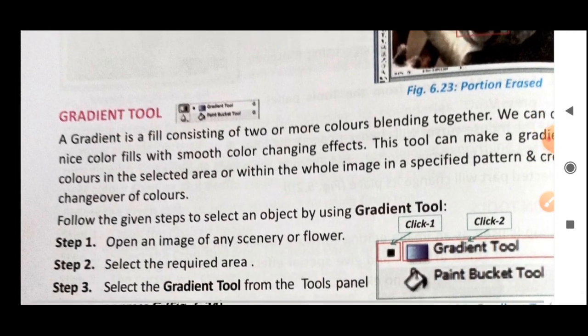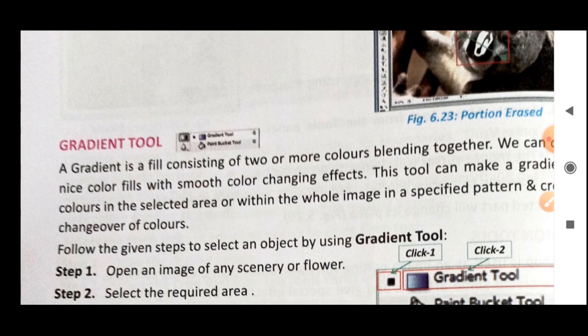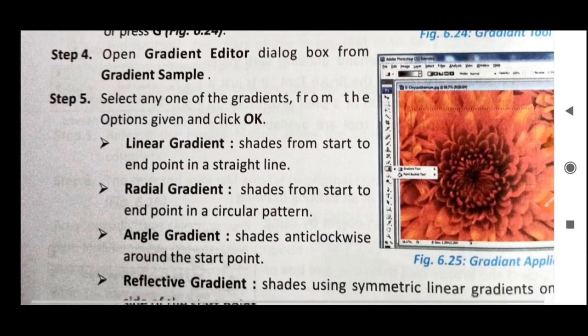Now the gradient tool. Sometimes it happens that more than one type of effect is available in the image. It may be two colors, it may be two types of fillings. So with the help of the gradient tool, we can simply blend the colors together to make a different color, to make a simplified pattern. So the gradient tool is used for blending two or more colors. With the help of the blending, you can create a different color or a different pattern on the whole image. Then your image will look beautiful just because of blending more than one color together.